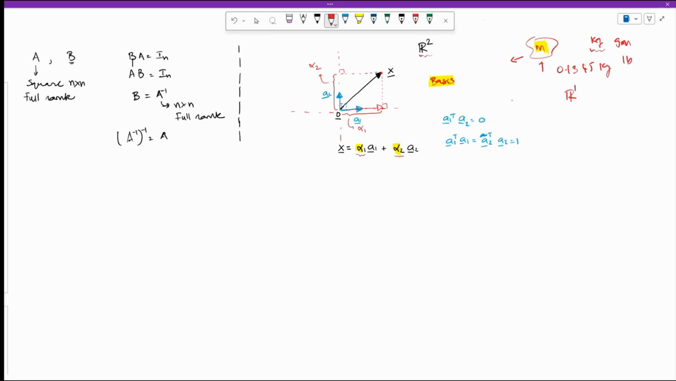You'll take A2, stretch it by alpha 2 times, bring it here, and then just add these two vectors. That will get you to X. That way, once I give you alpha 1 and alpha 2, you know exactly which point I'm talking about. It means the representation of this vector X in the A1, A2 basis is essentially